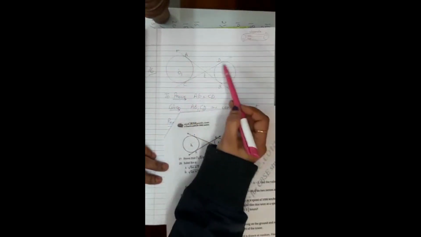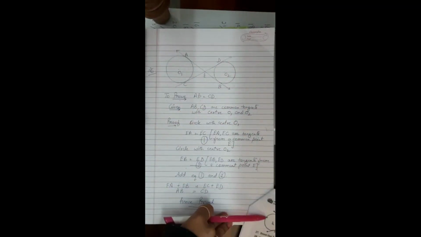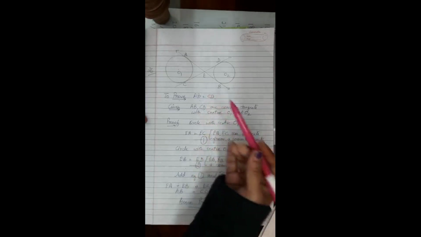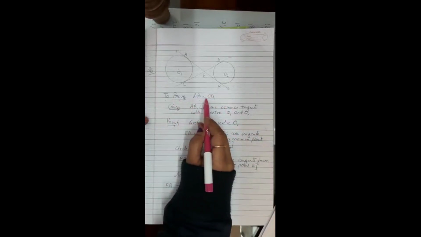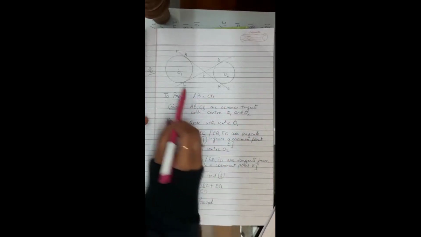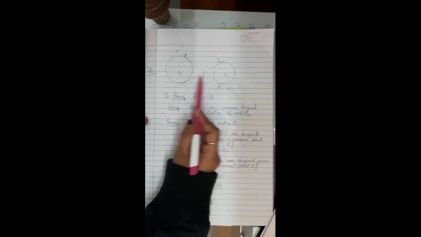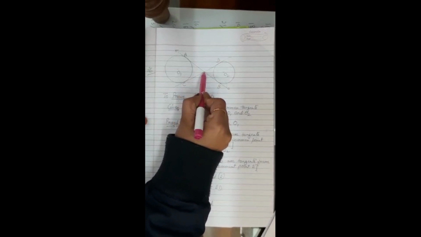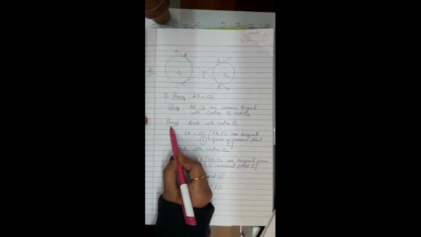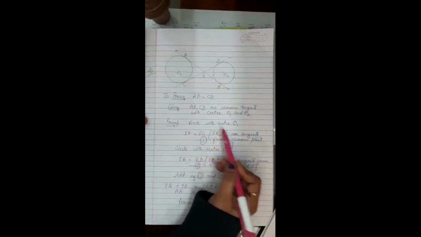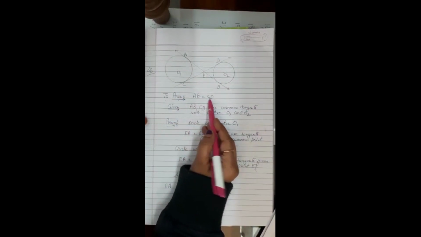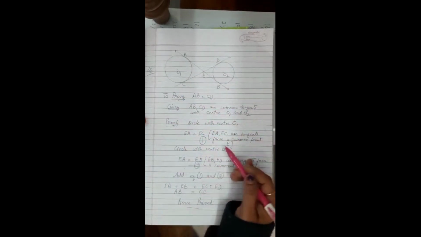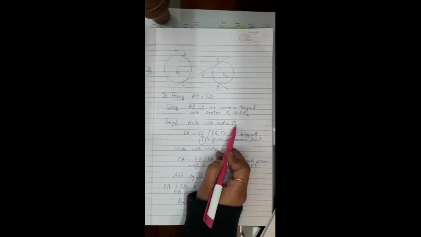I have made two circles, and see, this is the way to do a question where we have to prove something. To prove AB is equal to CD, the given things are that AB and CD are the two common tangents with centers O1 and O2. They are tangents from a point E. Now what we have to prove? We have to prove that AB and CD are equal. So how will we prove that? In the circle with center O1,